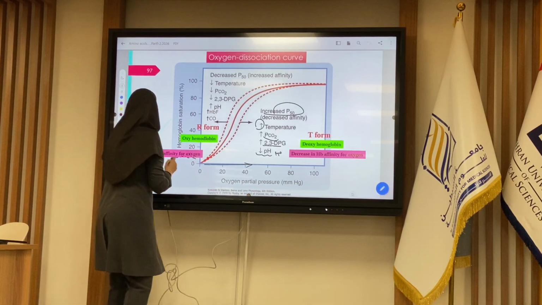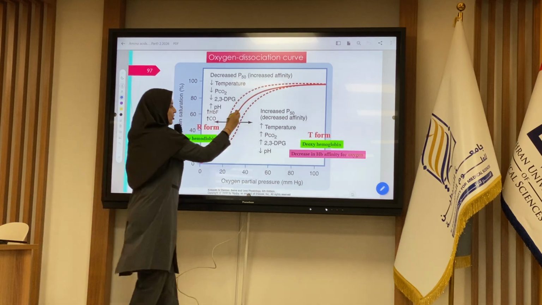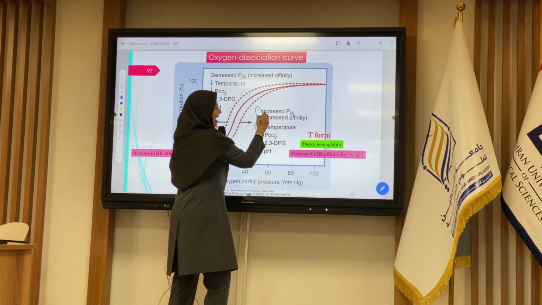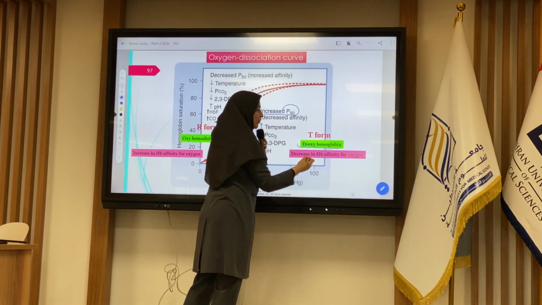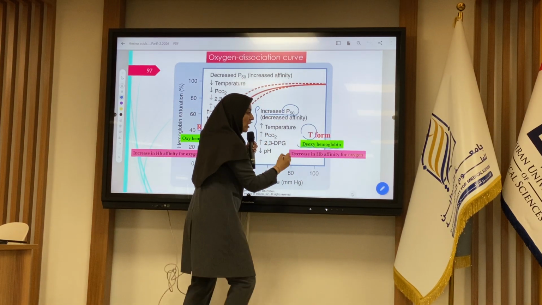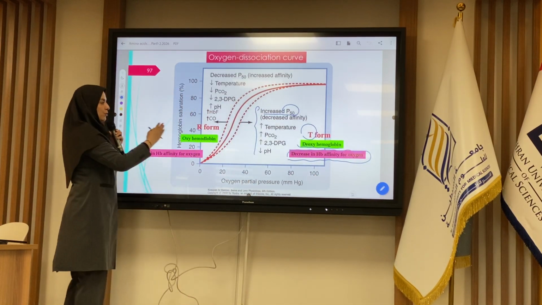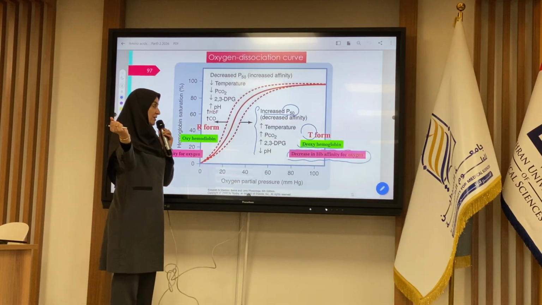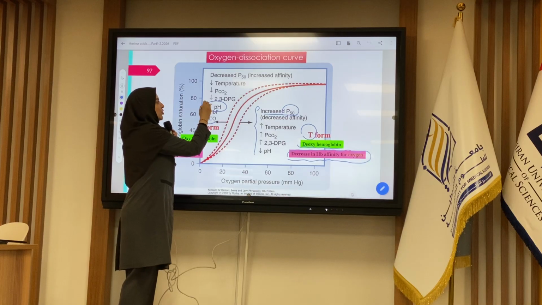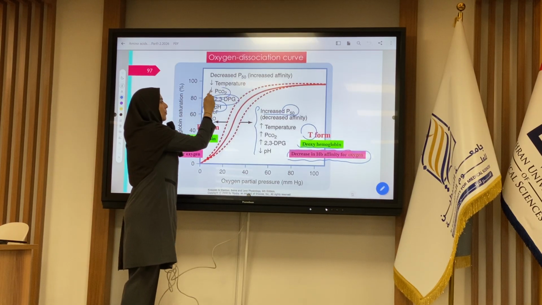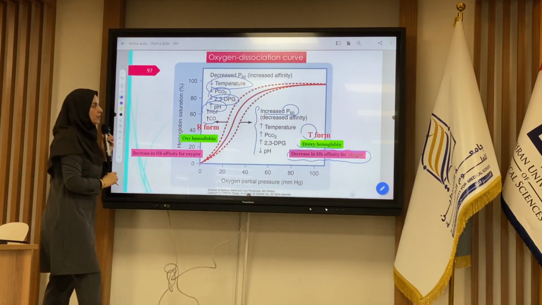So in all of these situations, maybe I ask you in which situation you have an increased P50, or you have deoxyhemoglobin, or you have a T4, or low affinity for oxygen. In contrast, as I explained, carbon monoxide, high pH, low 2,3-BPG, low pressure of carbon dioxide, and in a cold situation, you have a